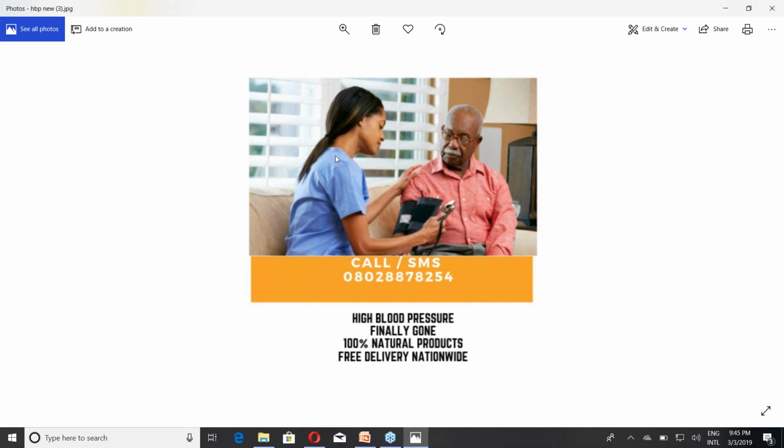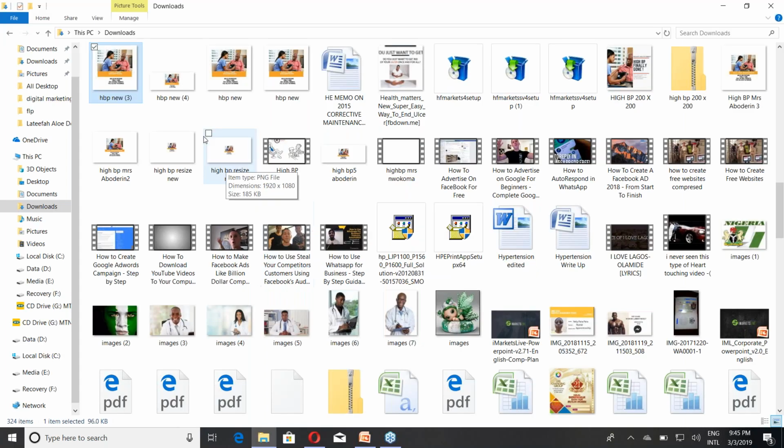So all the advert must be on your banner. If it is not on your banner, nobody will see it, because there is no place else they are going. There is nothing like headline 1, headline 2 under this one. It is what you put on your banner that people are going to see. So that is why I'm actually warning you that if at all you need to do this, make sure that